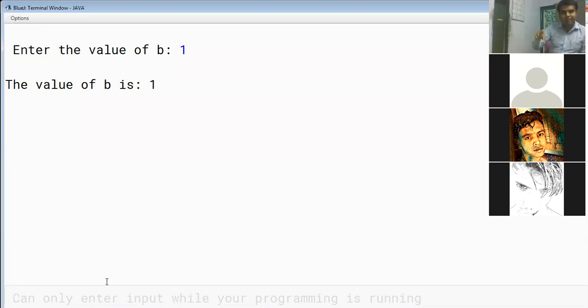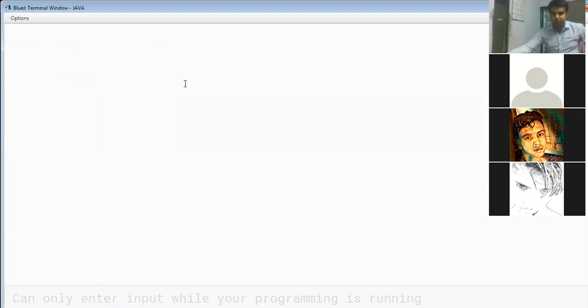So the short data type can accept the byte value as well as the bigger value. That is the conclusion. So 1 has been accepted in the byte data type. It can also get accepted in the short. So I will rerun the program to see if I can take any negative value.